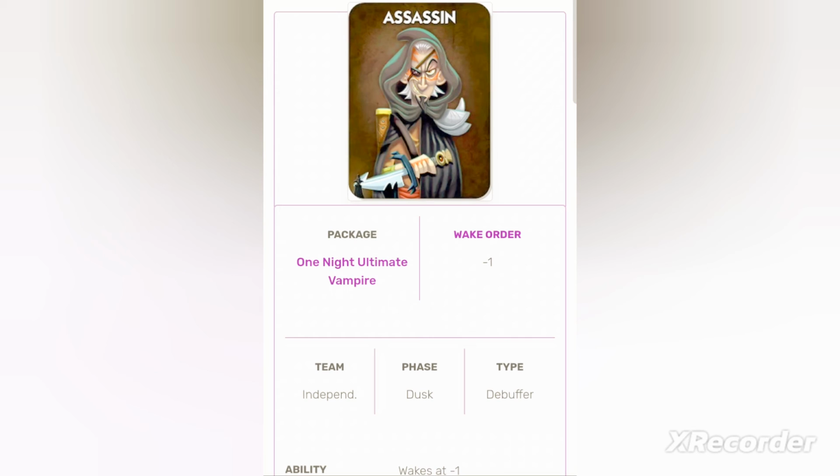Villagers and the vampires, of course, will come to the consensus that either there's an assassin in play, or it could be done by the apprentice assassin and there was no assassin in play, which are both viable options. It's also possible, if you're going super crazy, that it could be a doppelganger assassin play, but that's not super likely. Keeping it to the confines of One Night Ultimate Vampire, however,